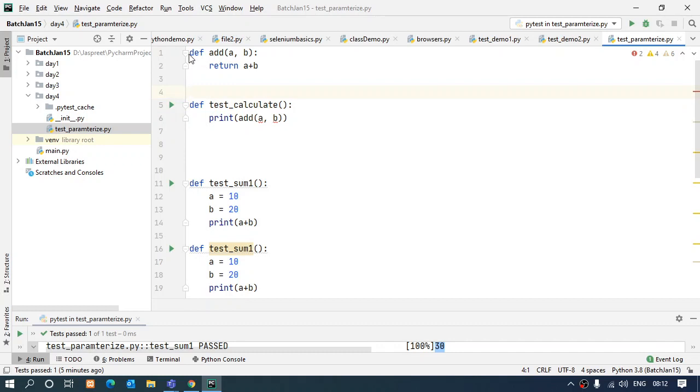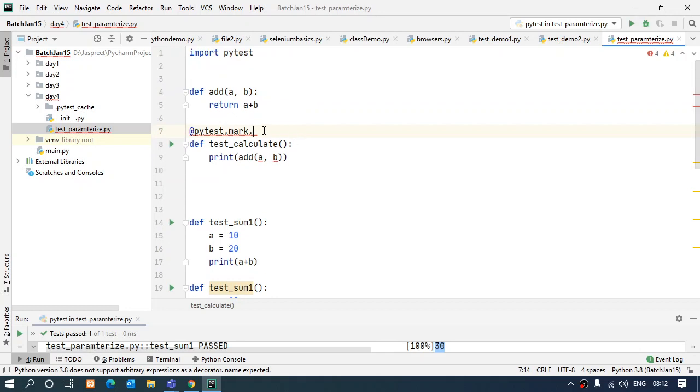Now coming to the annotation, how to do that. There is an annotation, the simple way which we were using earlier, pytest dot mark dot, I need to import this pytest over here, so let's just import this first. Okay, it's done.